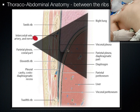What you see instead in the normal patient is this diaphragm and the mirror image of the liver up here in the chest. That's normal. That rules out fluid in the chest. But when you've got fluid, which is black on ultrasound, up here in the chest,